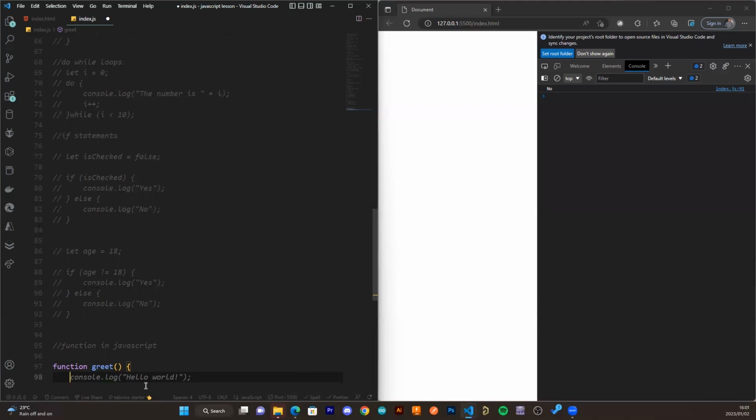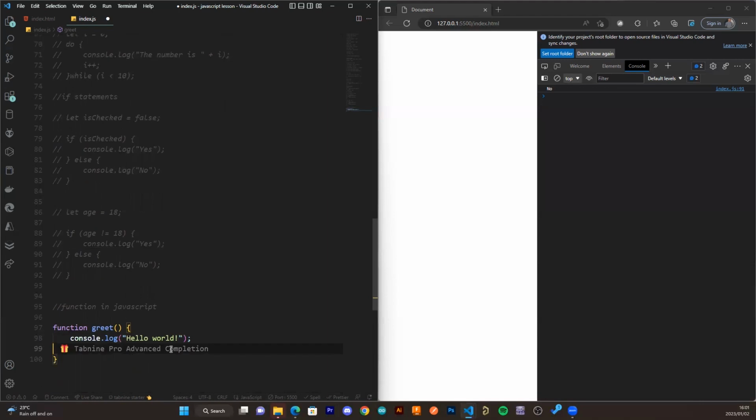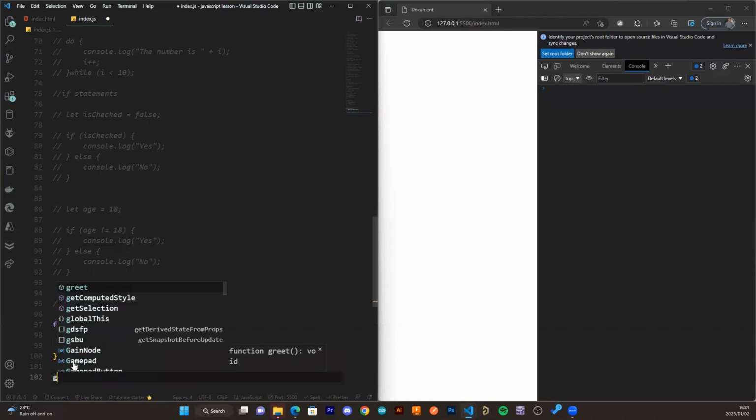In these curly brackets, you can put the code that you want to run in JavaScript. So for example, we put console.log hello world. In this case, we have declared our function in JavaScript. So if I press Control S, nothing is going to happen, because this function needs to be called or invoked so that it works. In order to do that, you write greet here,